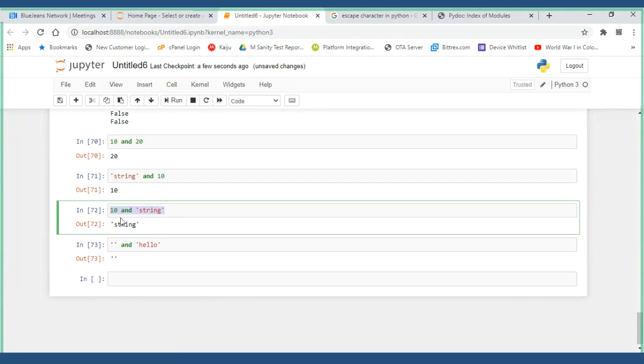What if it is an X? If it is an A and if it is a B, if A evaluates to false, it returns A, otherwise it returns B. Example, if the first argument is 0, like A is 0, the first argument means the left side argument, if it is 0, then the result is 0. Else it will return whatever is there in the right side.